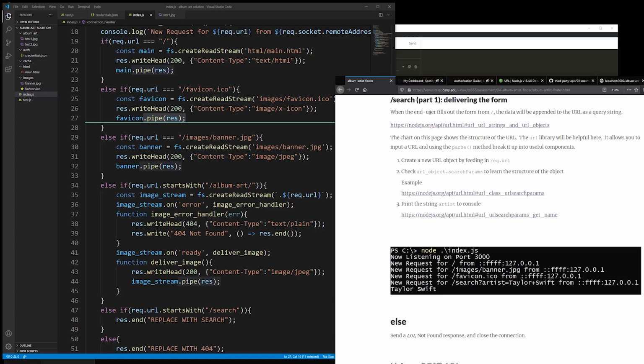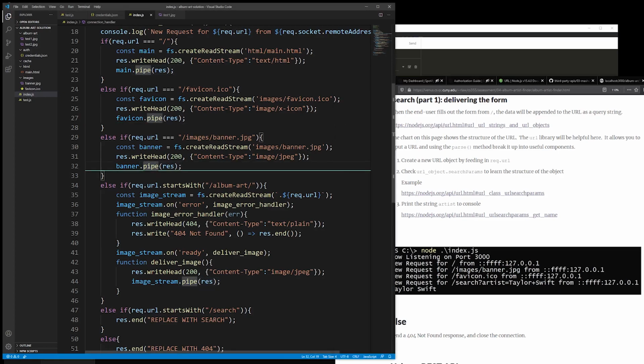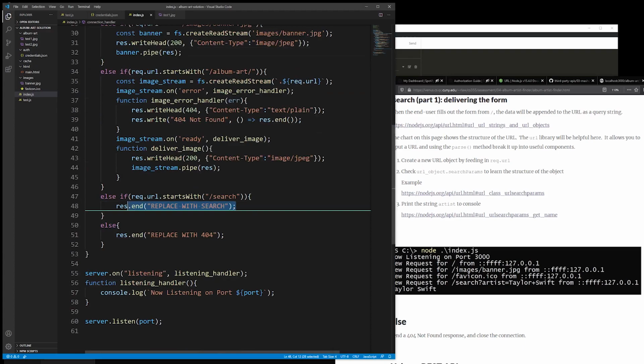Okay, so right over here we are only extracting out the user information. We're extracting out what the person typed in. Okay, so that's going to be our first step. So we need to extract out what the person typed in